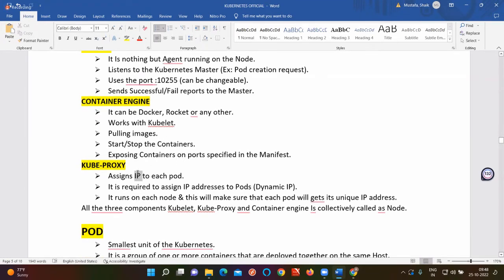Assign IP to each pod. Proxy means listen. It will assign the IP to each pod. Next, it will require the IP address for the pod. So remember, wherever you are going to work on proxy, it is contained